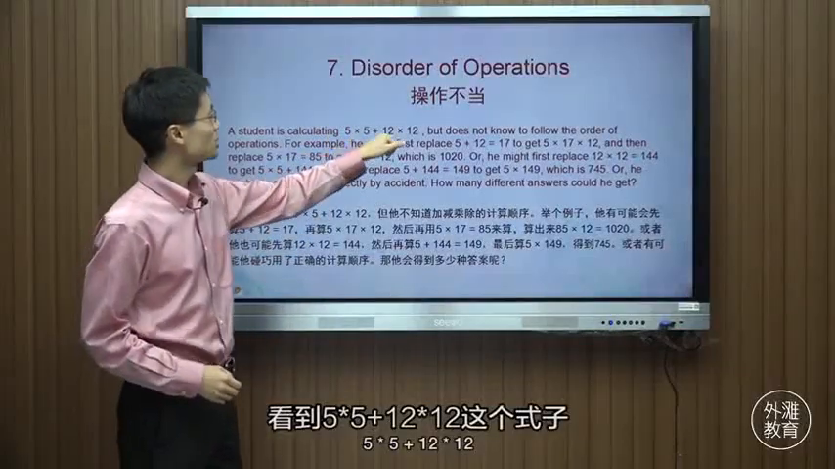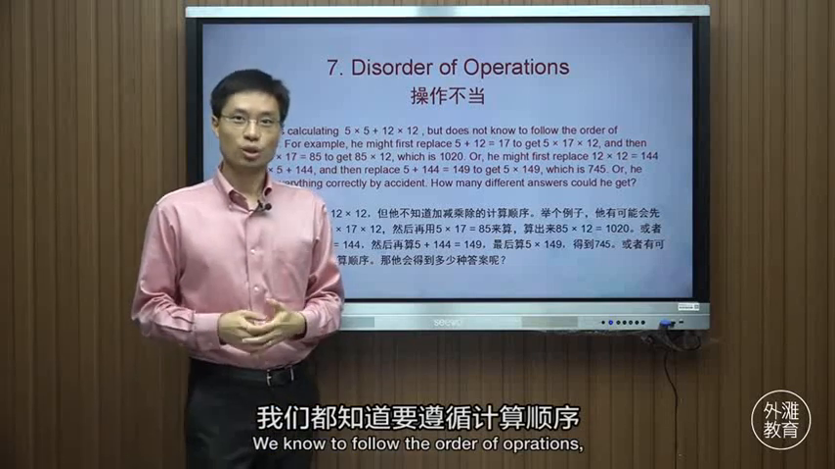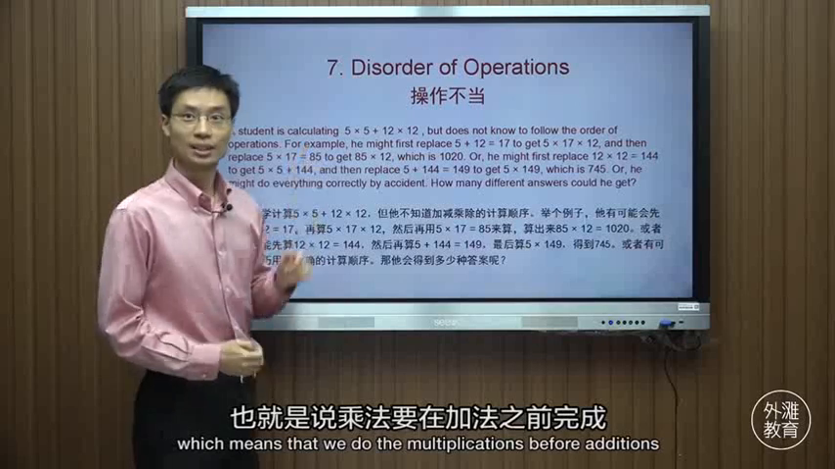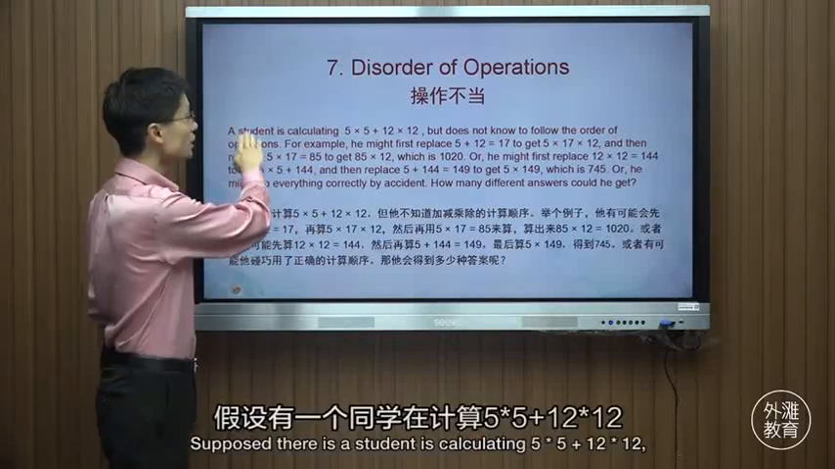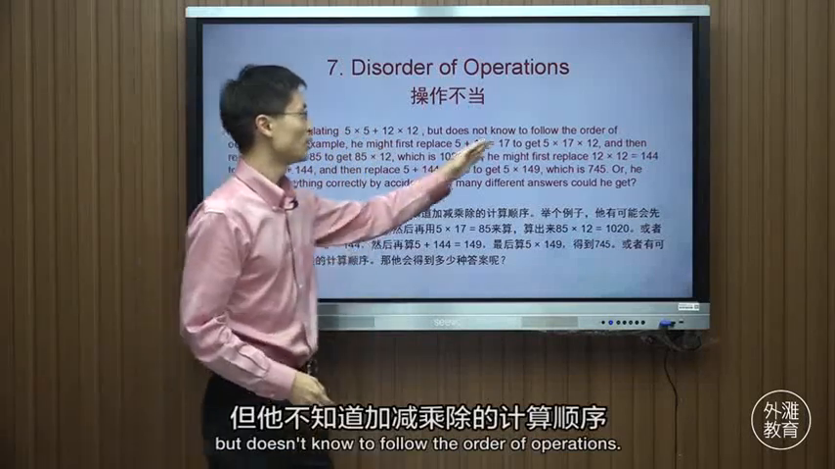5 times 5 plus 12 times 12. We know to follow the order of operations, which means that we do the multiplications before the additions. What if you didn't know? Suppose that a student is calculating 5 times 5 plus 12 times 12, but doesn't know to follow the order